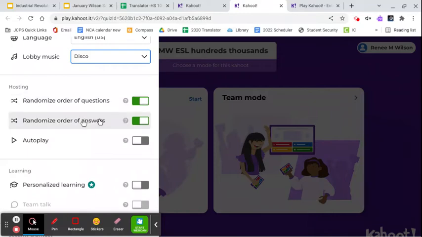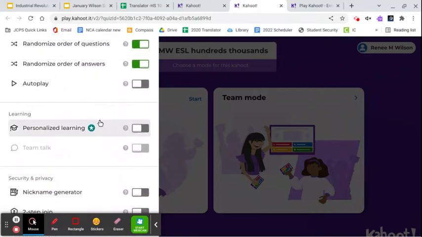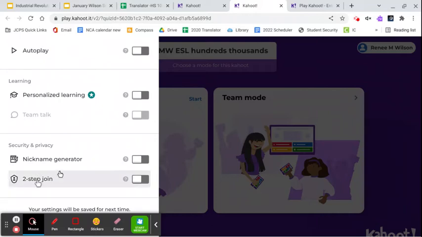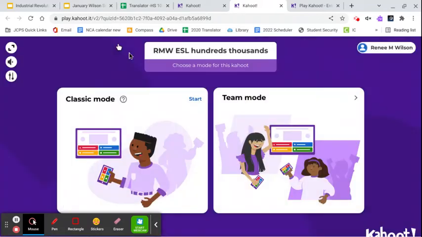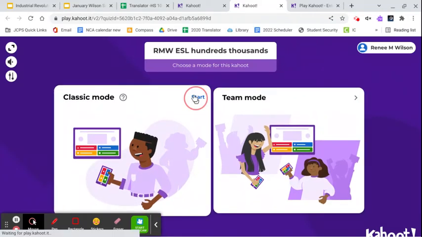And randomize order of answers means they can't always copy off of each other for that. Autoplay is if you put it on, it'll just automatically go through the questions. You don't have to click on it. And I never use the rest of these. But these I save, and it will keep these for every game that I play. Then when I click Start,